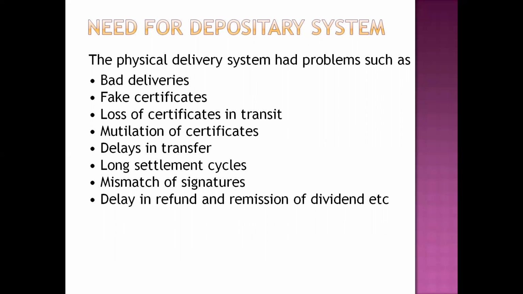corner of the country. Mutilation of certificates: the certificates which are kept in the treasury or lockers sometimes might be mutilated or destroyed due to termites and all that. After that, there was no proof of investments, and a lot of people used to suffer. For example, old share certificates of 100 years back, invested in the Bank of England, were not available with the investors, because when the generation passes out, they lose the certificates. That's why they could not claim. But today it is not like that, because in that particular account all the certificates are available. In any generation that comes in future, they can easily trace their forefathers' investment certificates